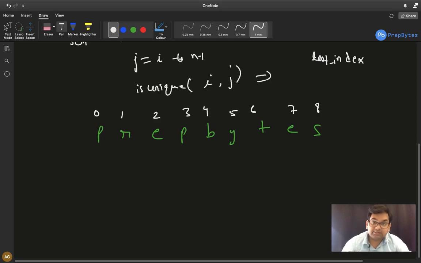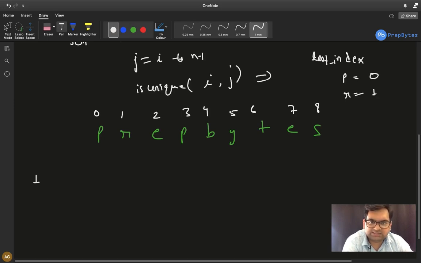You can still pause and think on your own how storing the last index is useful with a sliding window. The last index of P right now is 0, we have encountered P at 0. The length of the longest substring with unique characters till now is 1. Now R is at 1.